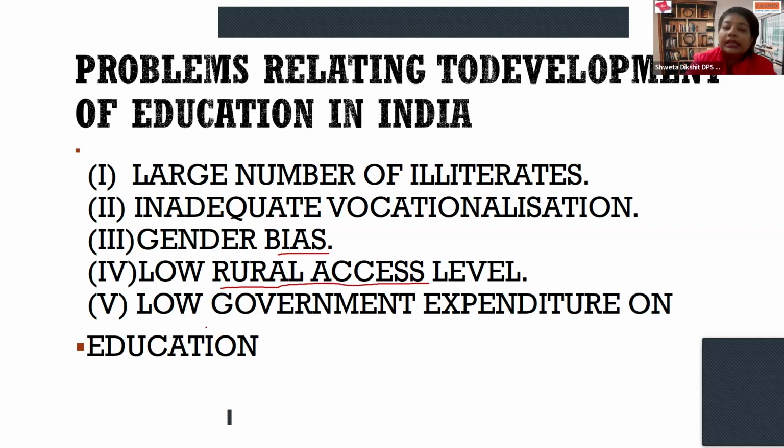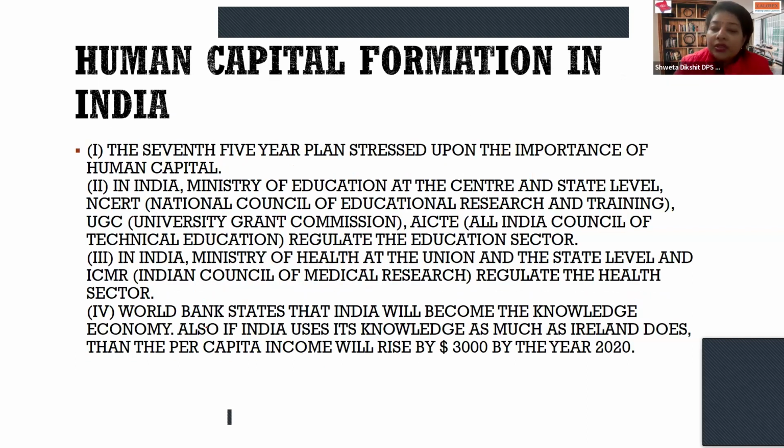We could also see that the government is spending very little on education. You know what? The Indian government spends only, children please note it, it is a very important 1 marker as well, 3% of its total GDP. I repeat, it spends only 3% of its total GDP, whereas many other countries, especially developed economies, spend in two digits, maybe 10%, 13%, 16%.